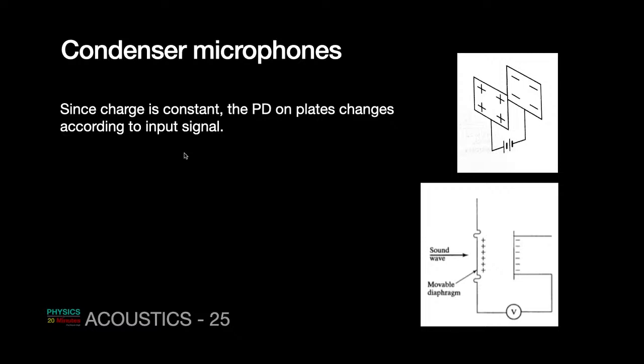So as D changes, V changes. So your output will become proportional to the separation between the two plates, which is proportional to the sound wave pressure. It is a very low noise, that's the advantage, and it has a very extended dynamic range. Dynamic range means the frequency response is very broad, noise produced is very little, therefore you get fairly perfect recording output,